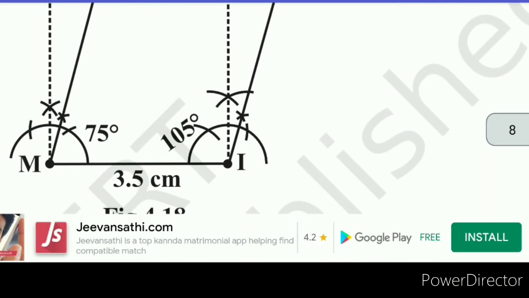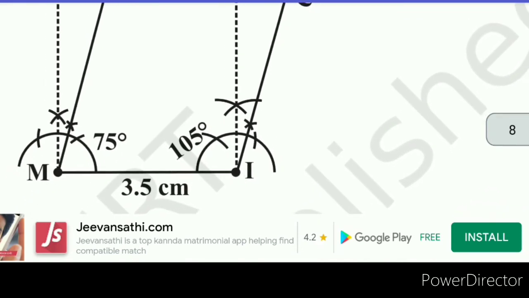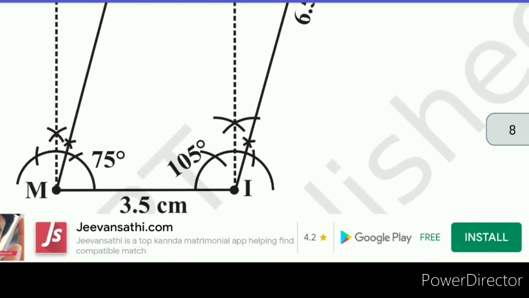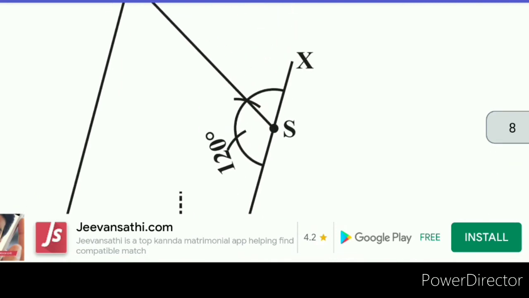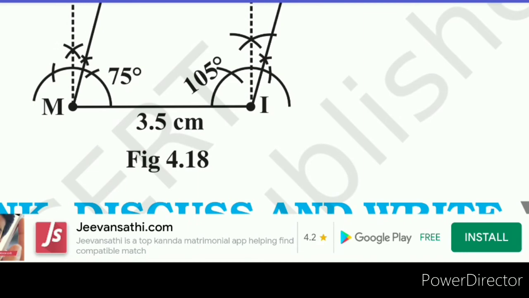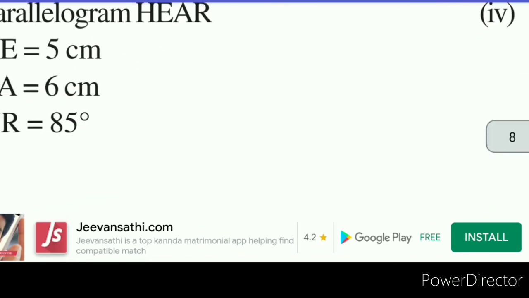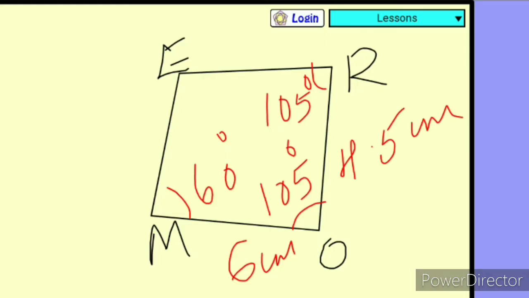But today, I am going to teach by using the protractor only. When school reopens, at that time I will teach you how to construct these angles by using compass. Now I will use only protractor for angle construction. Copy down this rough figure, 2 sides and 3 angles.